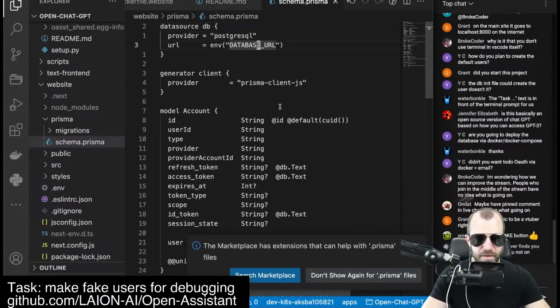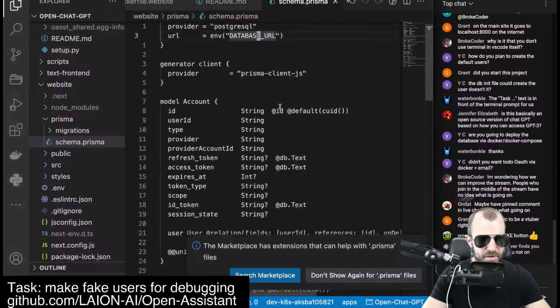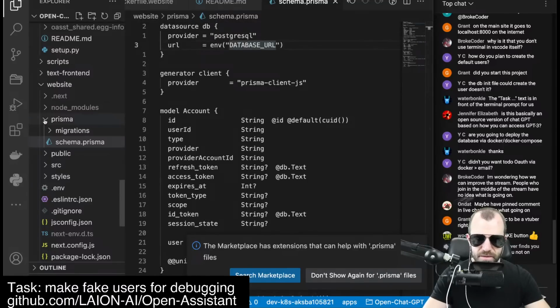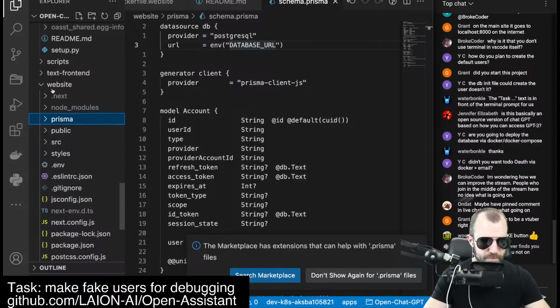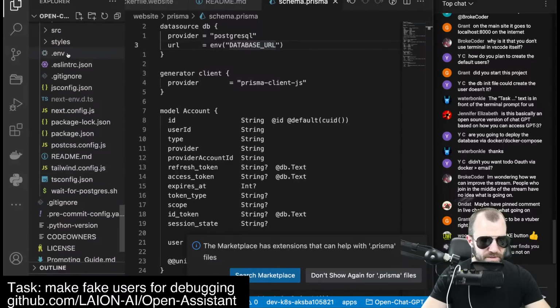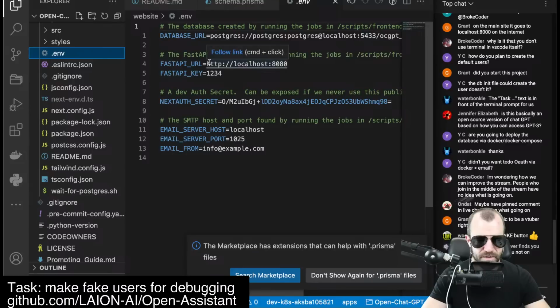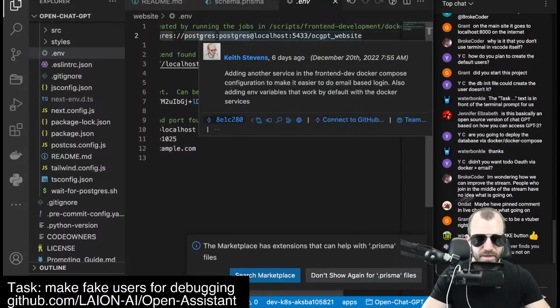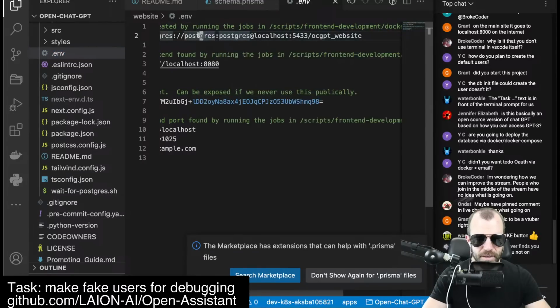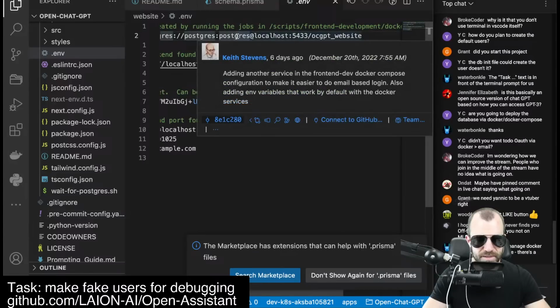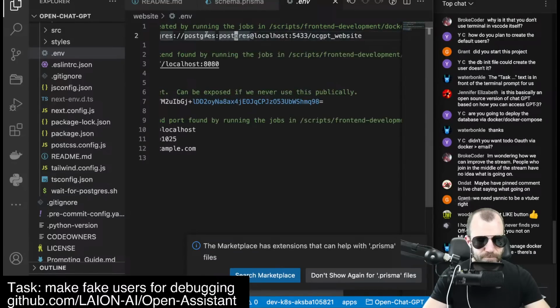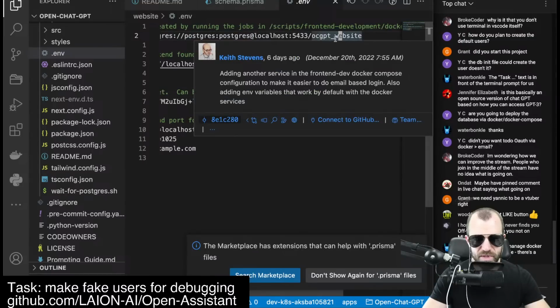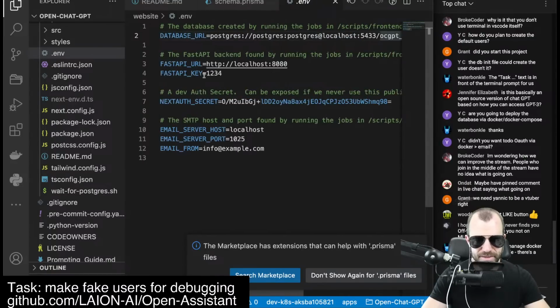Prisma schema. Here. Provider. So there's an environment variable called database URL. Question is, where is it? So in the env file right here, we see the database URL concerns a Postgres user, a Postgres password, and an OCGPT website database. Now,